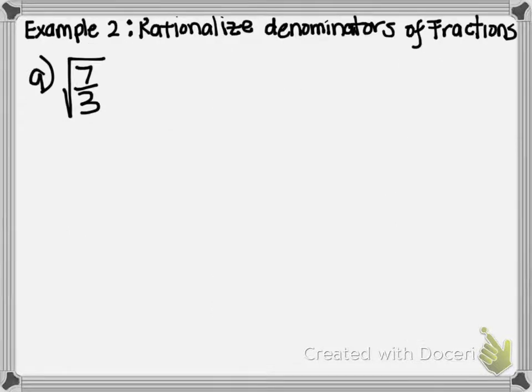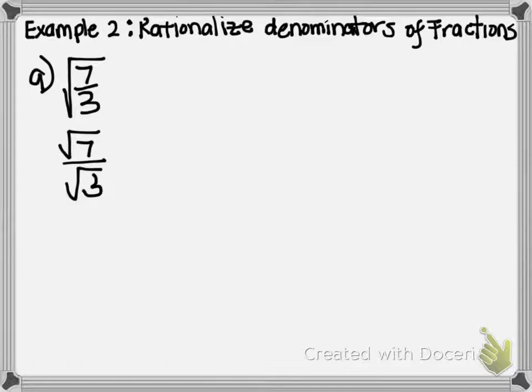Now when it comes to rationalizing the denominator of fractions, remember the idea here is to try to simplify the denominator. If we look at the square root of 7/3, we know that this is going to be the square root of 7 over the square root of 3. And again, the square root of 3 is an irrational number that becomes a decimal that basically doesn't repeat. So we like to simplify that by multiplying it by itself,